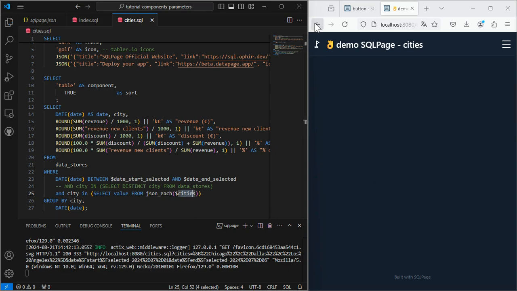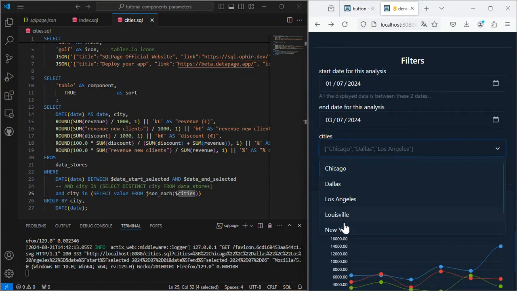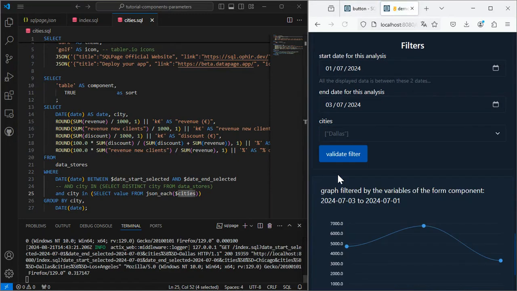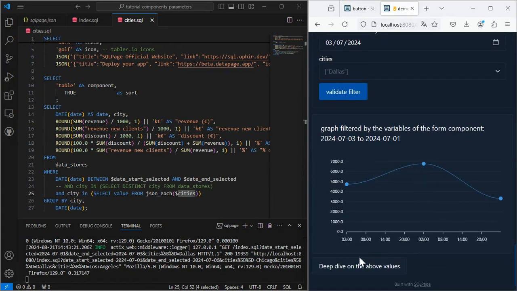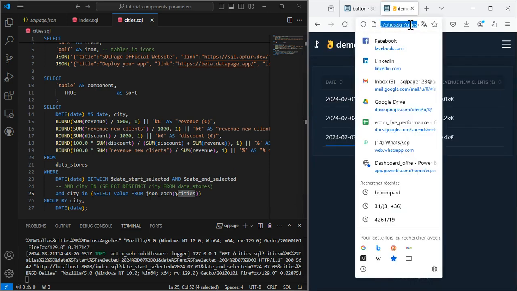So now going back to the index.sql. Let's say I want to display 3 days of data and only for Dallas. When I'm going to click the deep dive on the above values, the variables will be passed to this new page, the dates and the cities.